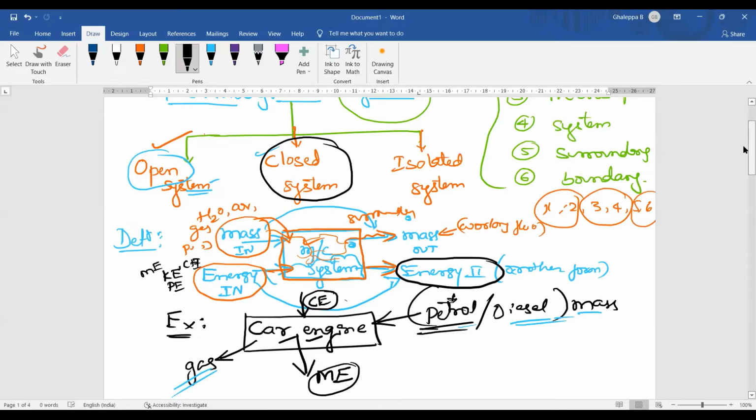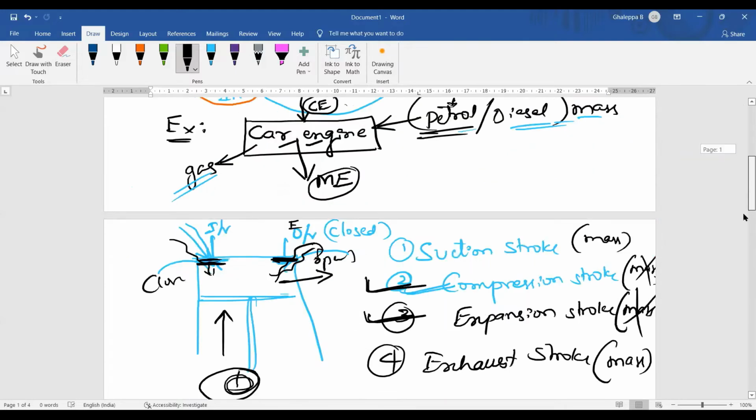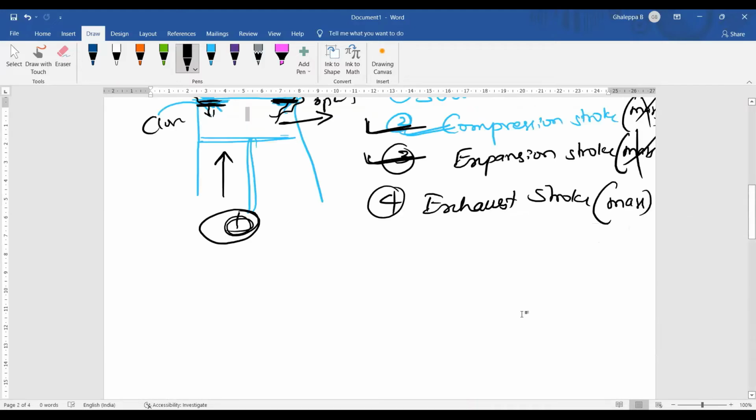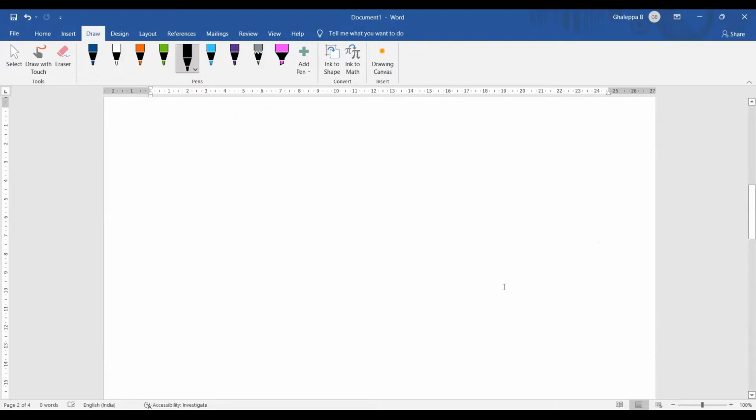I will explain now. Later I will give some examples. You have to tell me whether it is open, closed or isolated. First, let me finish the definitions. So, the car engine you have given is a good example. You will understand the definitions of closed and isolated, and I will give some examples. Based on that,